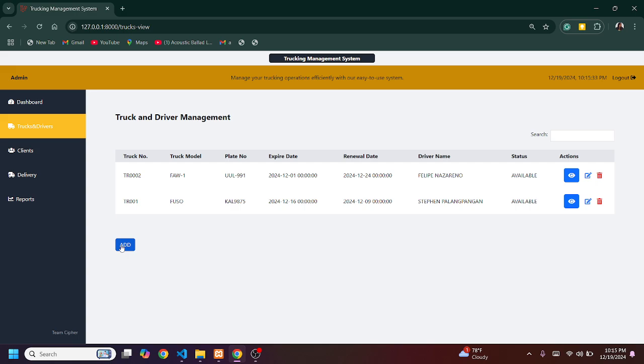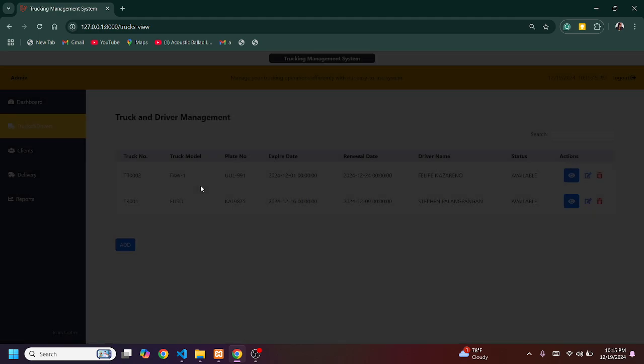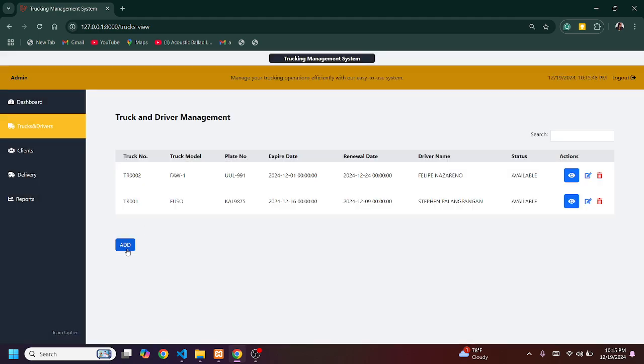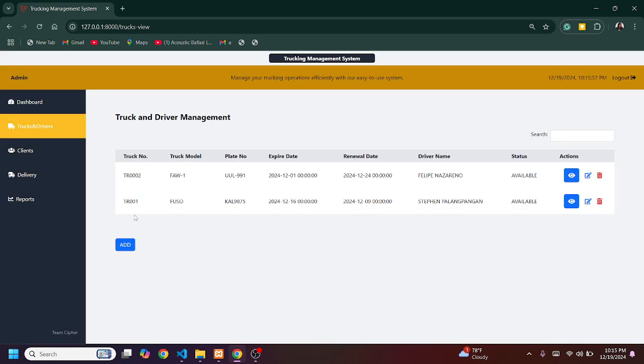Now, if you want to add another truck and driver information, you can use the add button, and then you have this modal where you can add the truck and driver information. Once saved, it will automatically be populated in this table, and then you have this action column where you have the following functionalities.